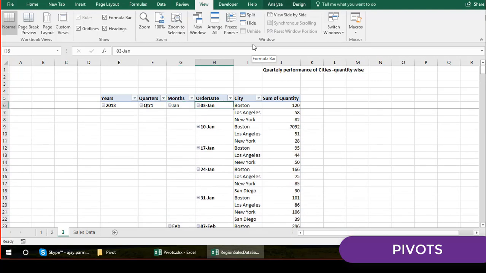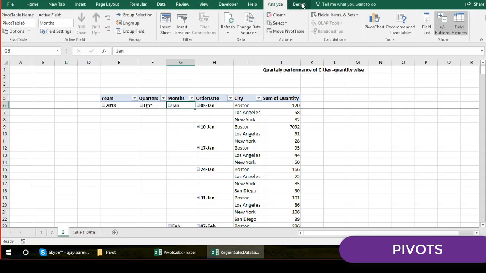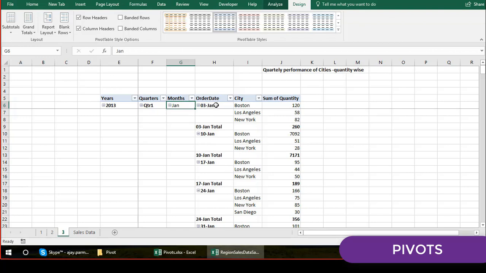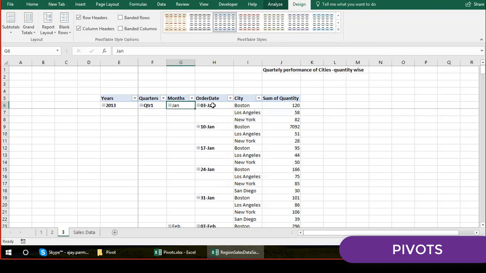So anyways, that's okay. If I click here on Jan and go to the design option and click on subtotal, okay, yeah, it's creating a problem, right? So let me undo it. That way it's not going to work, I guess.